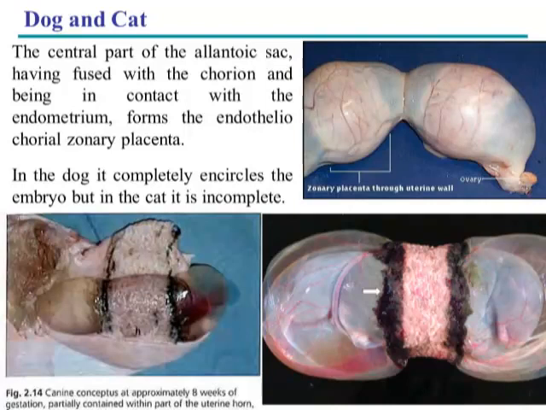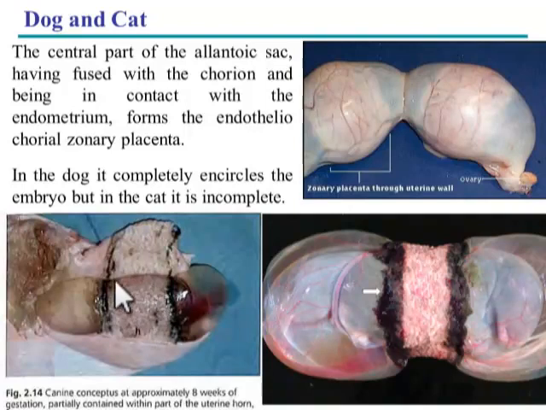dogs and cats, it was named as Joneri placenta based on the distribution pattern of chorionic villi. And if we talk about the histological layers of the placenta, it is the endotheliochorial type of placenta in canine and feline species. So here you can see this first image. In this, the gravid horn is inside, and immediately after cutting out, you can see the fetal sac, which is having a central strap or band of the chorionic villi.